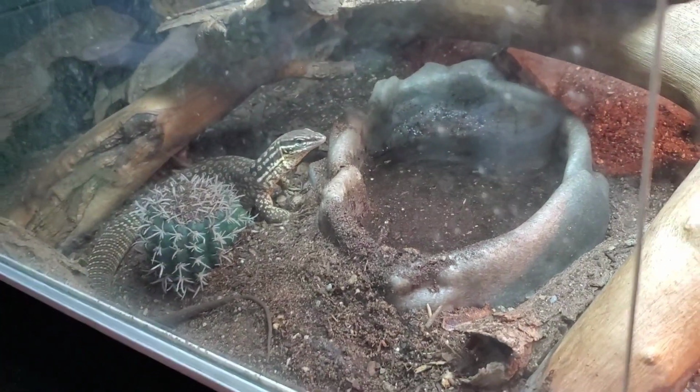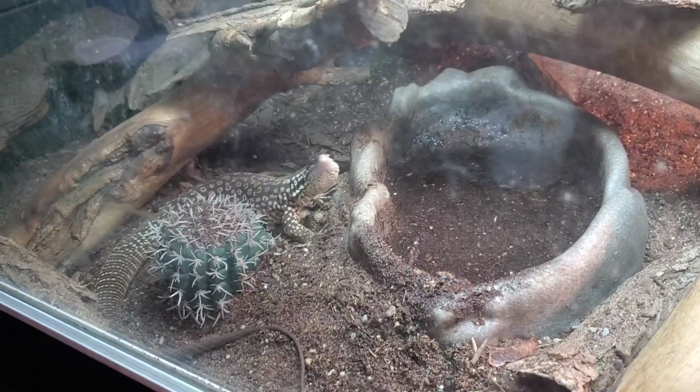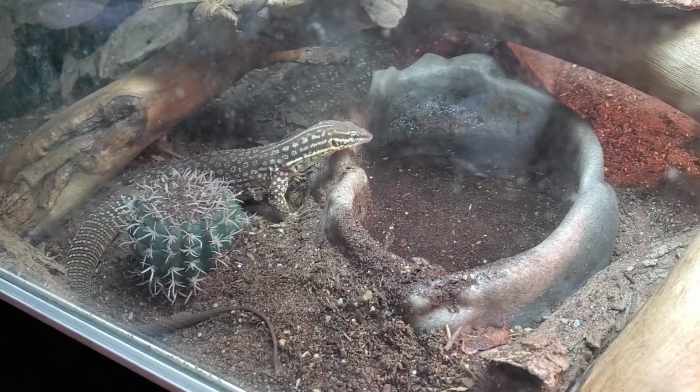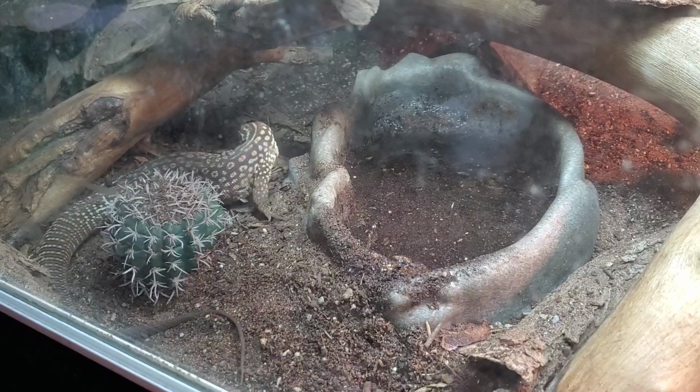All right, so today I'm going to go a little bit more in depth in what I did to help get my Ackie monitor tamed and get him more accustomed to me. This little guy